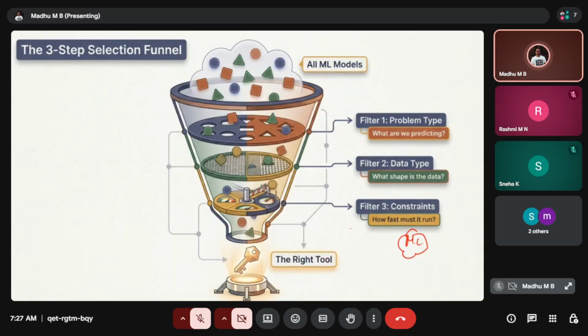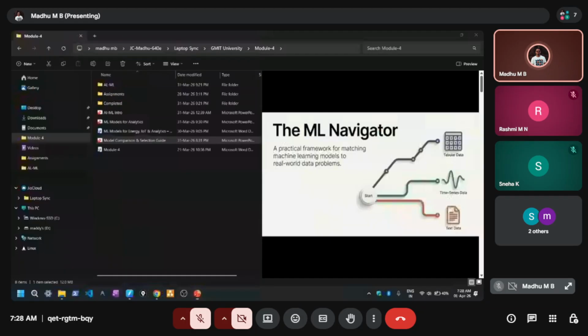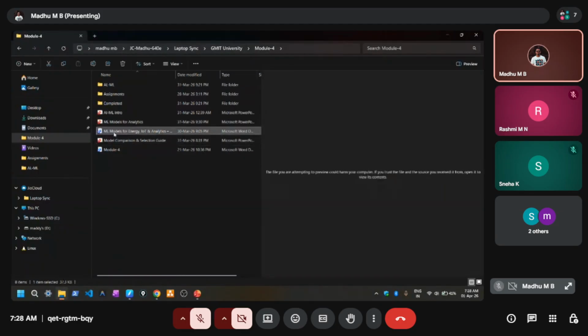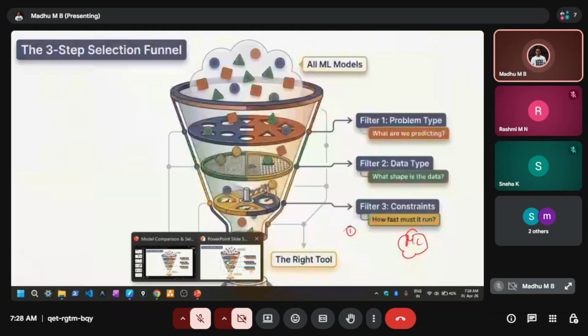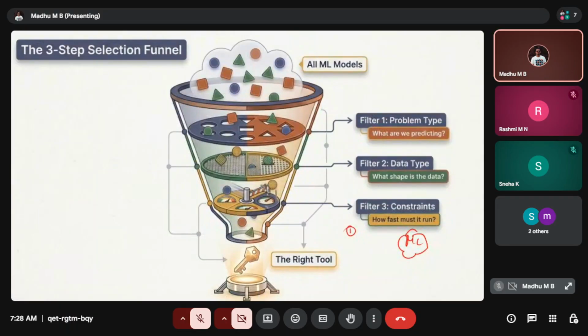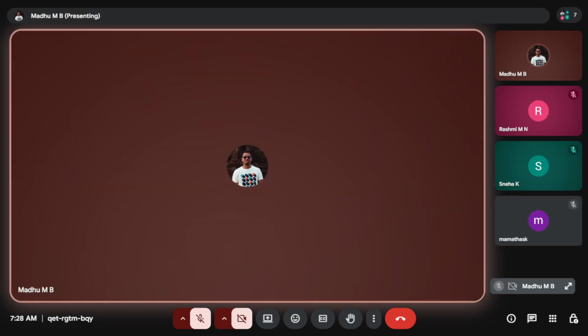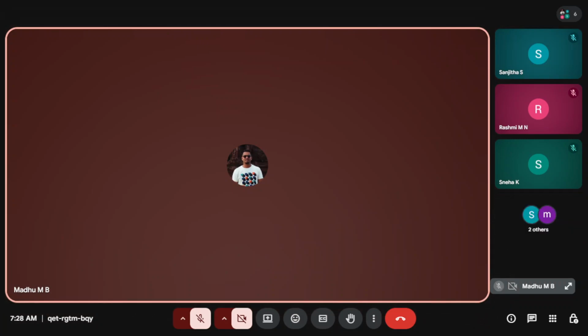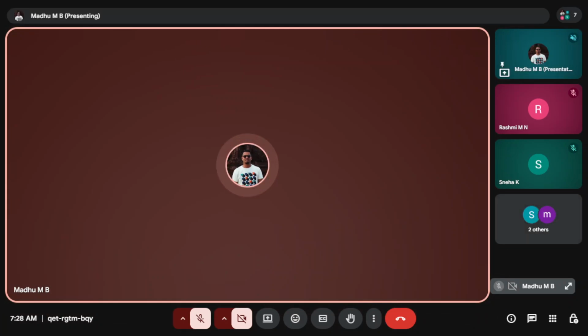Or is it a static data set and we have time for the model to generate? That is how we have to choose the models.